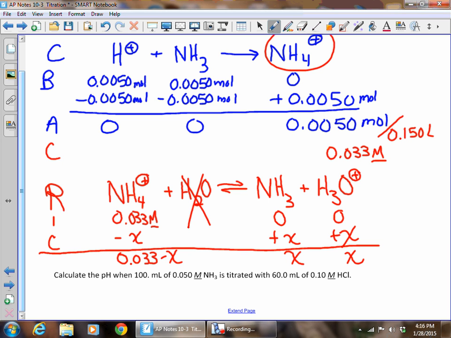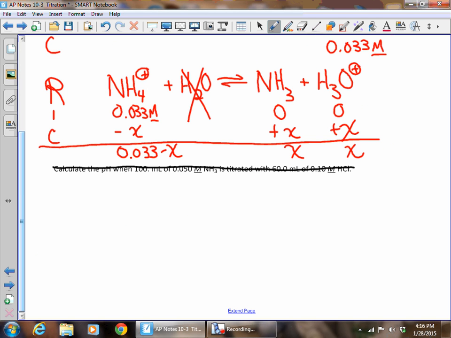So I'm just going to pretend that this line isn't here right now. We'll put it back in a minute, but for right now, we'll pretend that that line is not there, and I'm going to continue on. So there's our equilibrium concentrations. We can set up our equilibrium expression now, and hopefully you will see that we have an issue because our